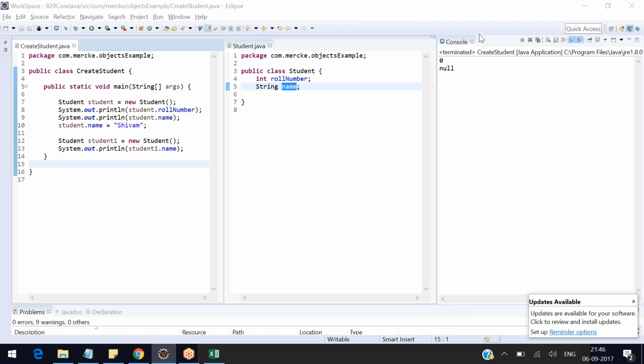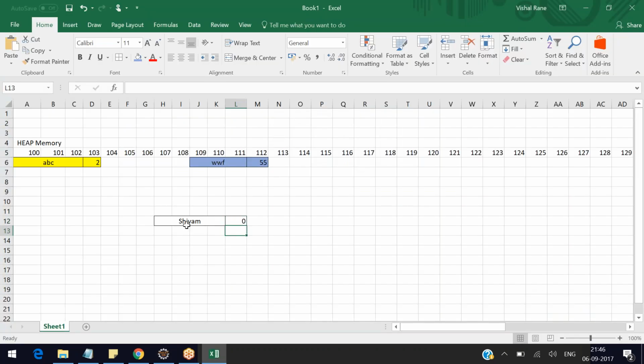Nidhi is saying null. That is right, guys. Okay, this is what I want you to understand. See what happened. What you have to understand is,